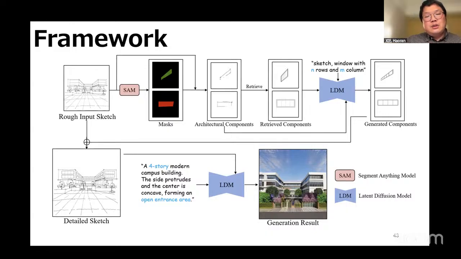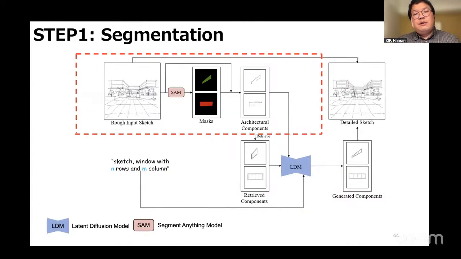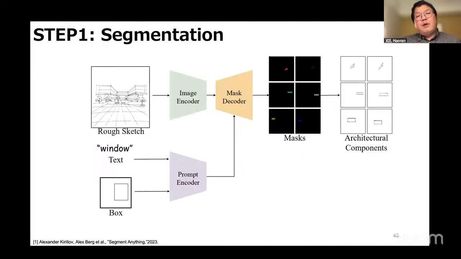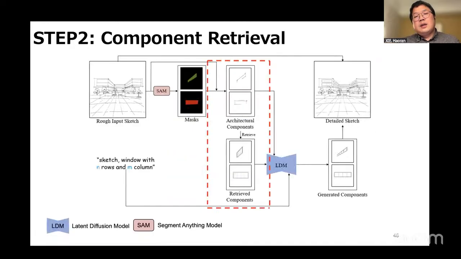So that is to make the result more accurate and to solve the elucidate issues. First we do the segmentation. We use Segment Anything to segment all the elements of the input. Then from the segmented input, we generate the same style to get the masks. Then from the masks, we explore the dataset to get the correct architecture parts, so we can replace the bad one in the design.